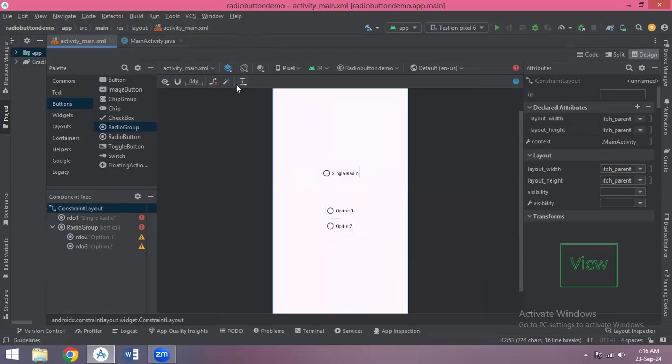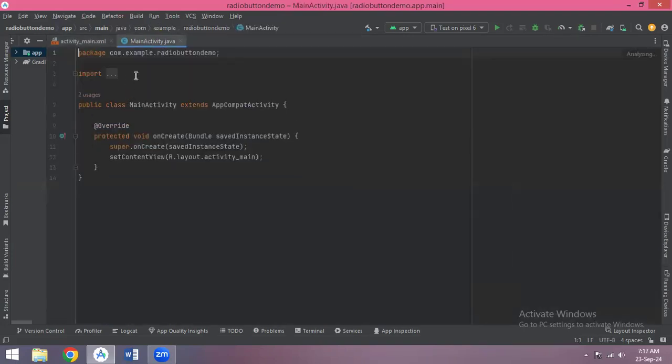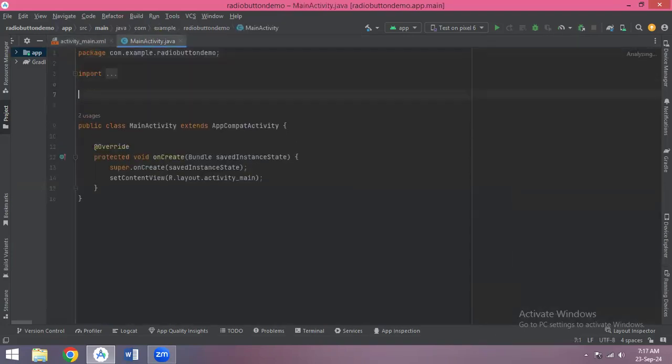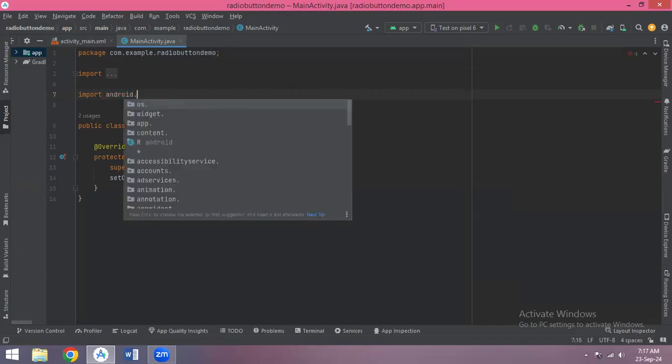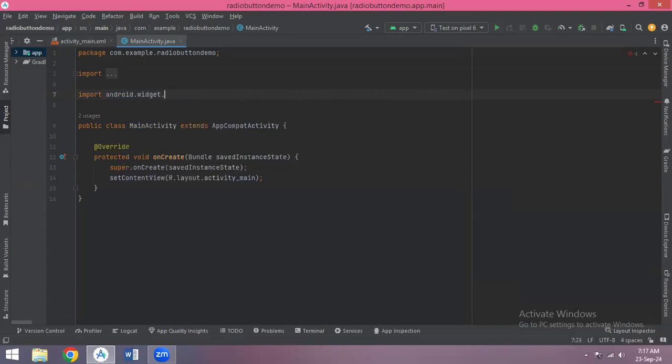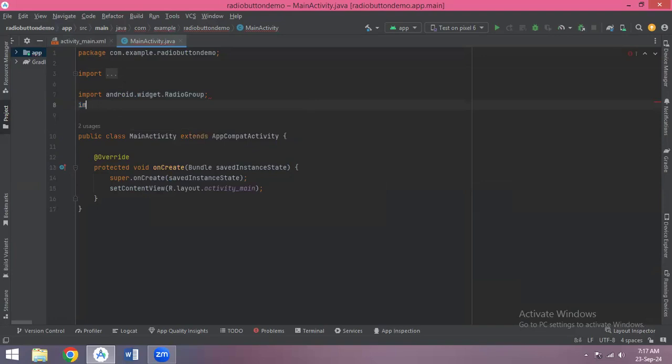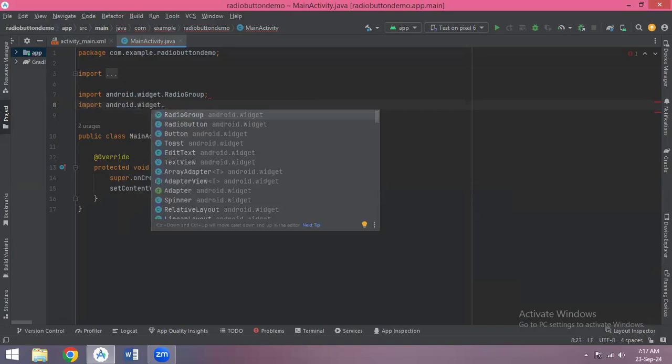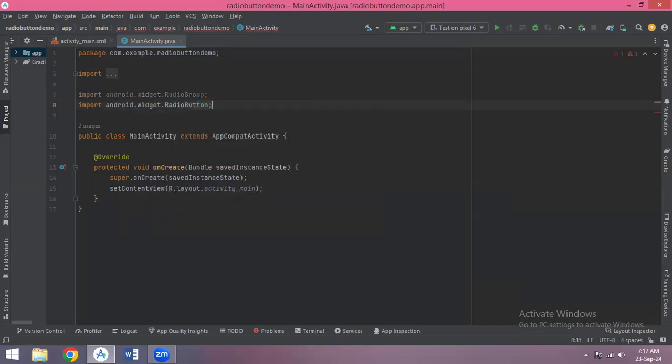Now what we have to do, we'll first fix all the controls' constraints, so all the errors are removed from the screen. Now we'll go to Java file, and first we'll import the necessary or the related classes, like import android dot widget dot RadioGroup, then import android dot widget dot RadioButton, and